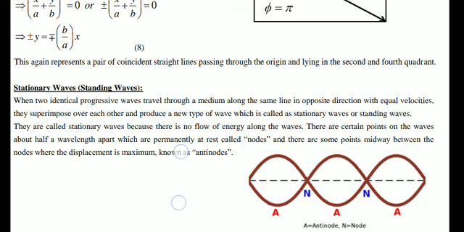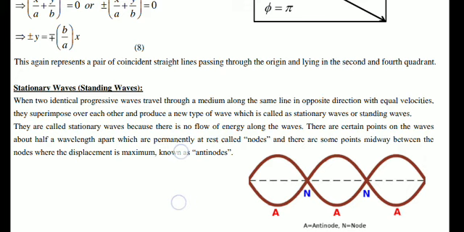It will be vibrating with amplitude greater than 0 and less than the maximum amplitude, which is present at the place of antinode. So you can easily see that in the case of stationary waves, the amplitude of the particles inside the wave is changing. It starts from 0, becomes maximum, again reaches towards 0, again becomes maximum, again reaches towards 0, again becomes maximum, and again reaches towards 0. So the amplitudes of the particles inside the wave are continuously changing.